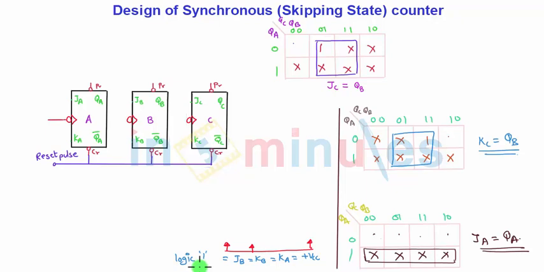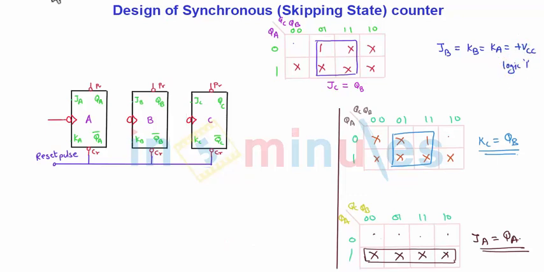Now I'll make the design of the counter. First of all, I will write down the JB-KB part or JK combinations here separately to make a place to draw this diagram. What we have here is JB equal to KB equal to KA equal to plus VCC, we need to connect logic 1. So basically this is a synchronous counter to which clock pulses are given simultaneously.